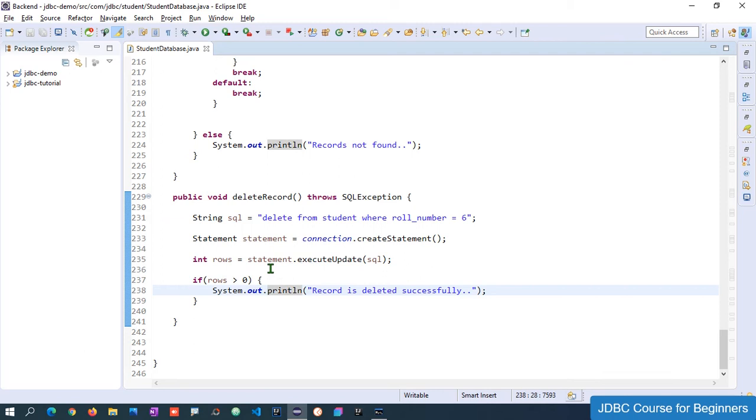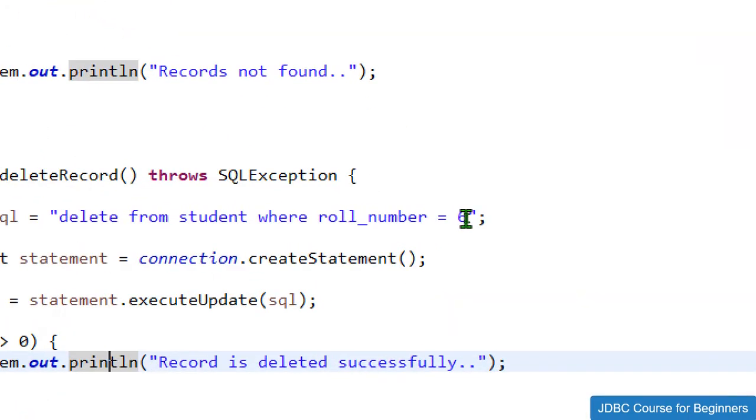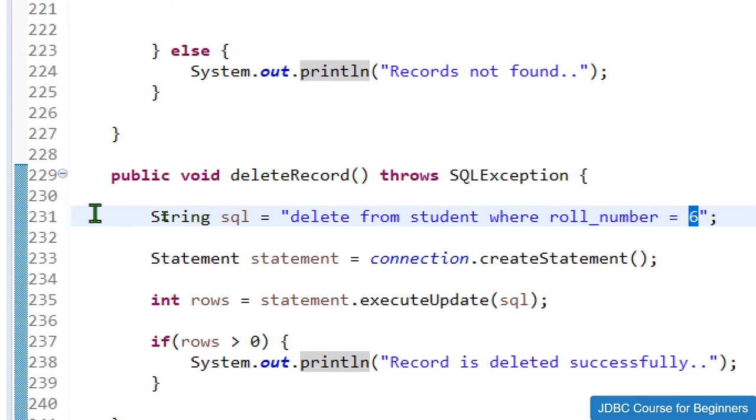So over here, let's suppose we just need to add the dynamic values. Over here we have hard coded the values, but we do not want these hard coded values. Instead we just need to ask the user to enter the roll number that needs to be deleted, and when the user enters any roll number, that particular roll number value we want to delete.